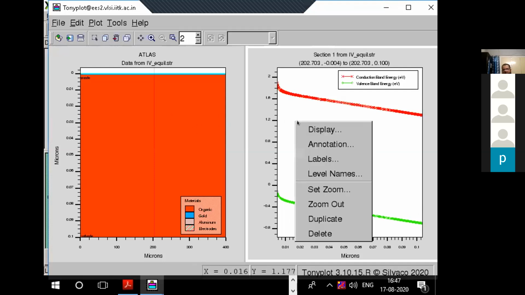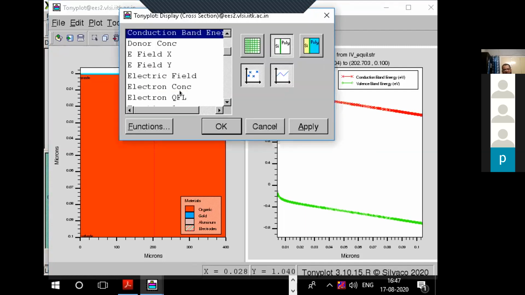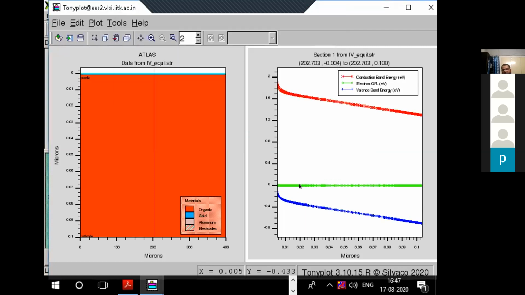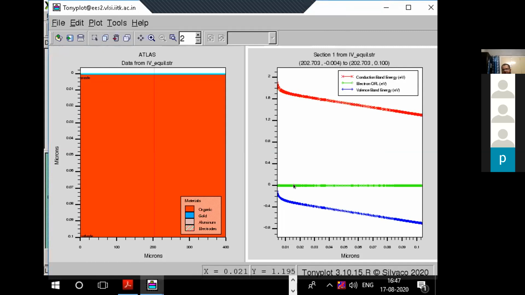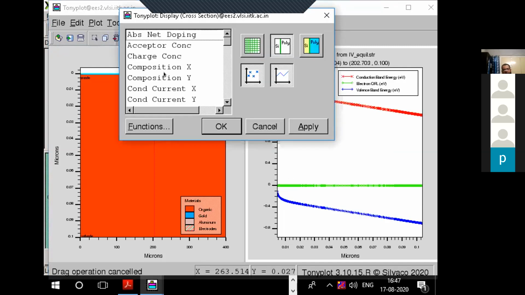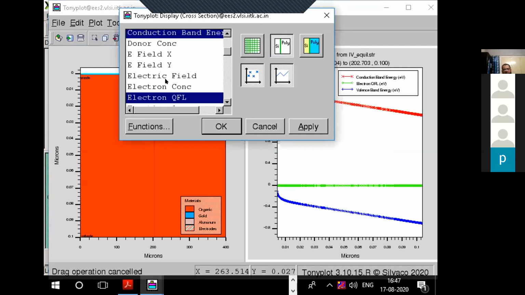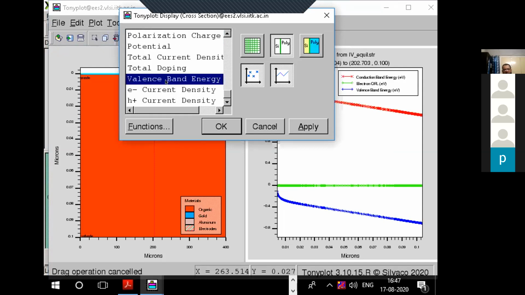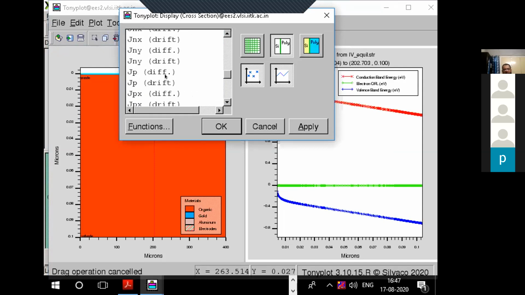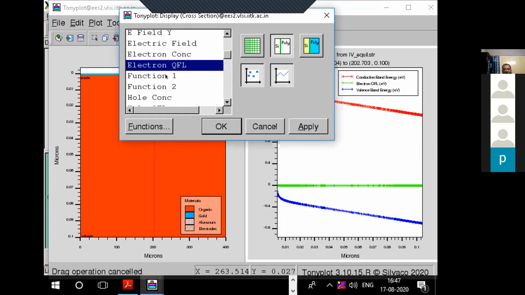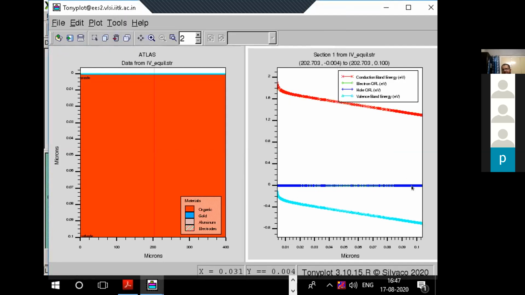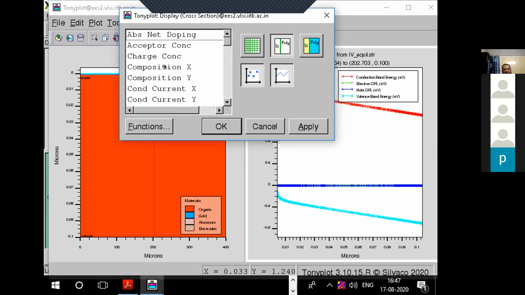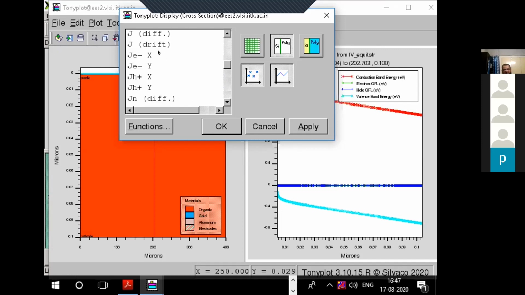One can also see the Fermi level, quasi Fermi level, out of equilibrium or in equilibrium. So here, this is the quasi Fermi level for electrons. And what about holes? Quasi Fermi level for holes. So all the parameters are available here. Hole quasi Fermi level. They are at the same value because it is in equilibrium. So these things we can observe. We can observe a lot of things. We can disable these things, get rid of these values.